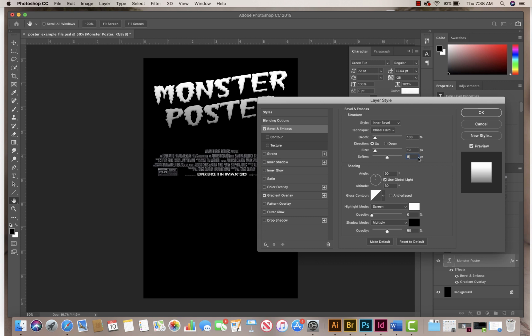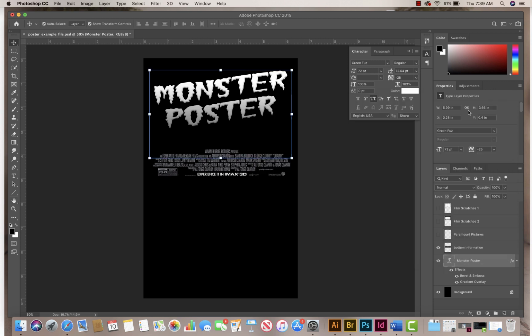It looks pretty good. And then next thing I want to do is on the left hand side, I want to make sure I click the contour box. All right, so that adds a little bit. So I have my highlight mode, my shadow. All right, looks pretty good. So I'm going to click OK now. I've left my dialog box, and you can see the